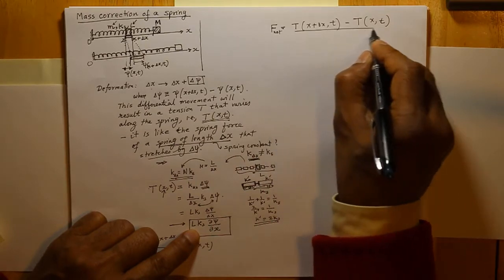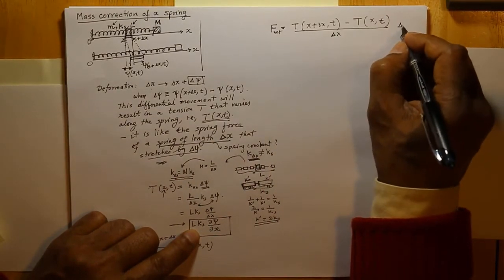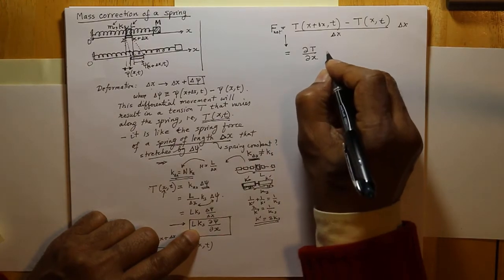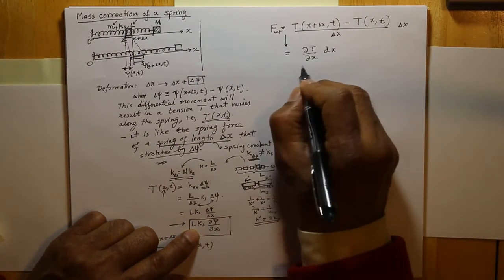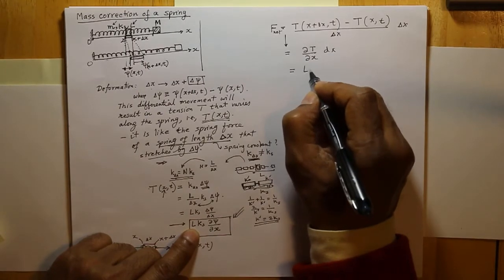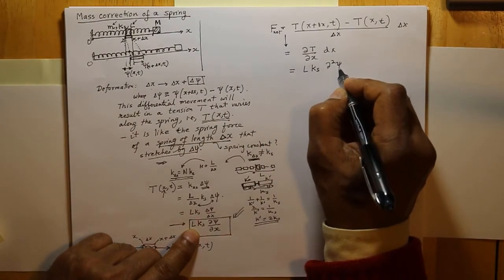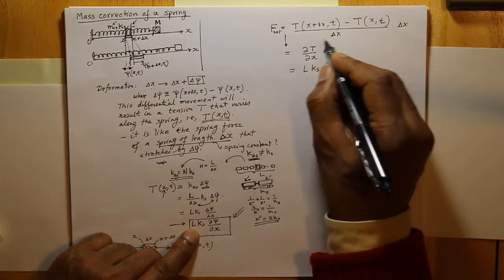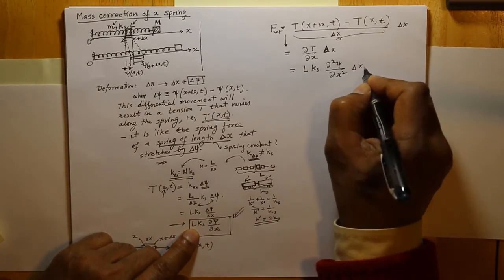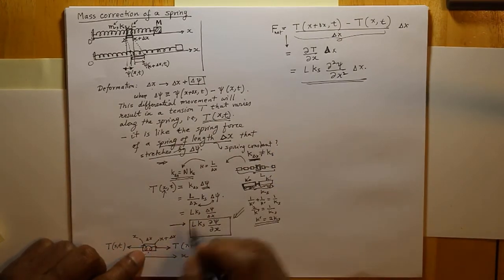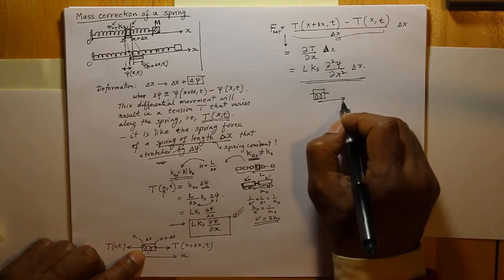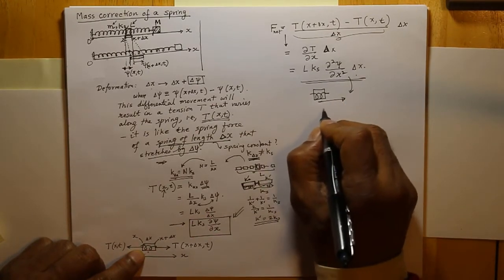and you can see that if I just divide this by delta x and then multiply by delta x and take the infinitesimal limit, I get dT/dx delta x, and then this is equal to, I'll use this, L k_s d squared psi. I can just leave this guy alone, just take the infinitesimal limit in here, d squared psi dx squared delta x. So this is the force on this piece. So I got this piece, and the net force is this amount. And so if I know what the acceleration is,